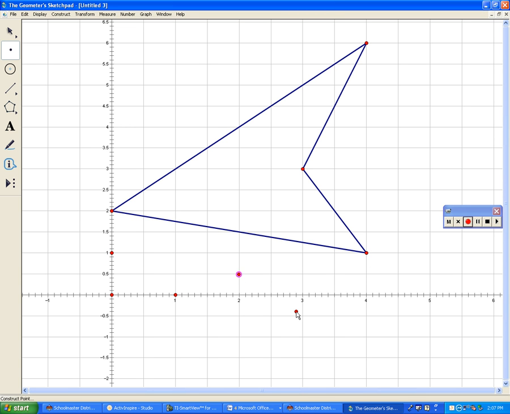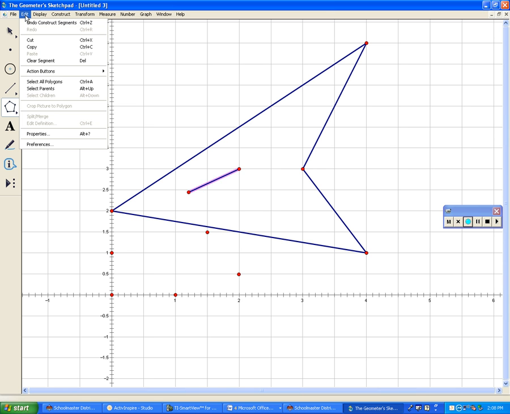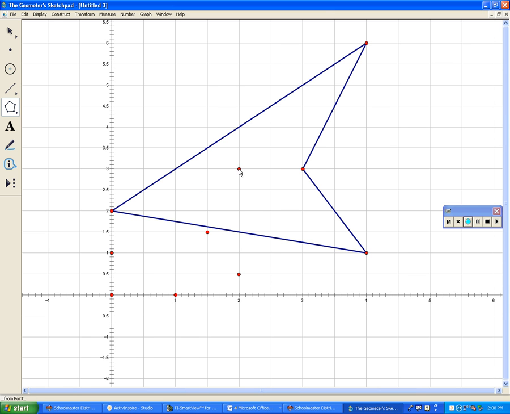If I take this one here, 3, 3, and divide it by 2, I get 1/2, 1 1/2. And finally, if I take the one in the upper right-hand corner, 4, 6, and divide it by 2, I get 2, 3. Okay? So that gives me this new shape that is a dilation of the bigger shape by a scale factor